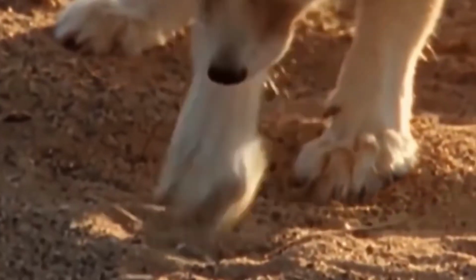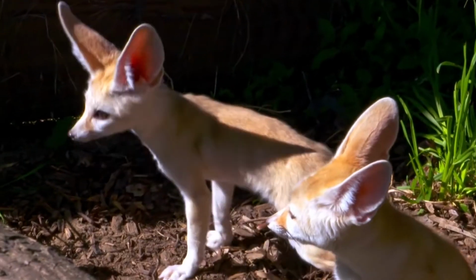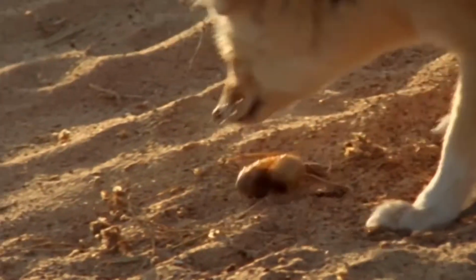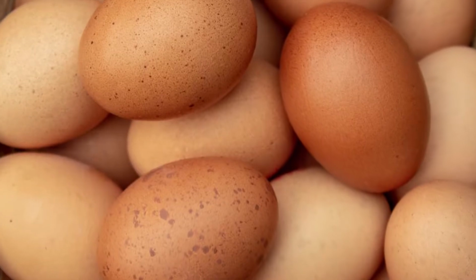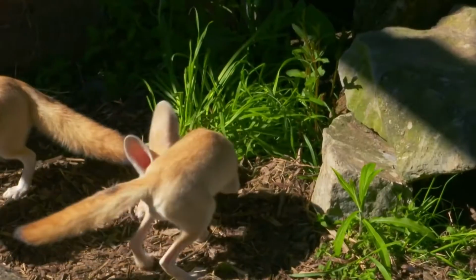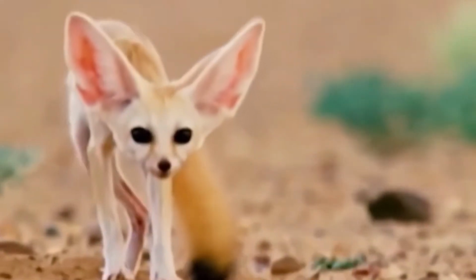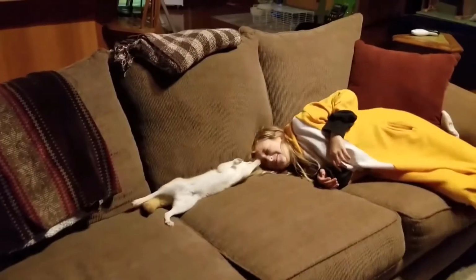They have feet great for digging and live in underground holes. Fennec foxes are omnivores who feed on both plants and animals. Their menu is mostly made up of eggs, rodents, insects, and certain plants. Fennec foxes are seen as very attractive animals and are hunted for their fur or to be sold as pets